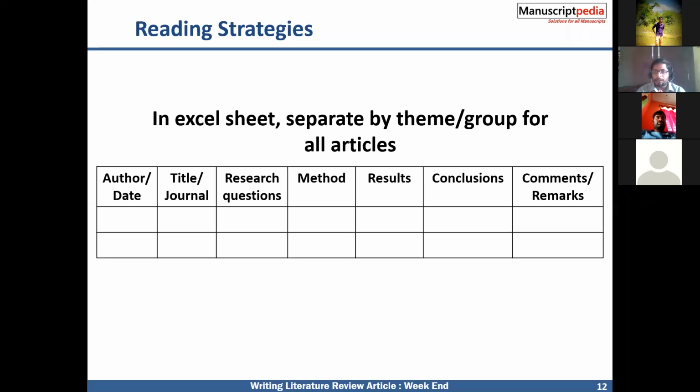First, preliminarily, I can go through the articles, get the base paper from the link, and get the contacts of the professors who are doing research work in this area. With the help of this theme, you can also separate your PhD chapters in future.